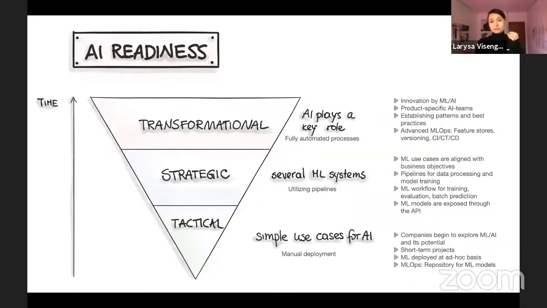If you're just at the beginning, you might have just simple use cases for machine learning and manual deployment. In this tactical phase, we learn how to deal with machine learning. We learn this technology. We learn to fail on this, and if we have some use cases, we will deploy on an ad hoc basis. So the next step will be a strategic phase where we utilize pipeline patterns, and use cases get more serious. They are aligned with business objectives, and we have specific workflows, and models are exposed through APIs,